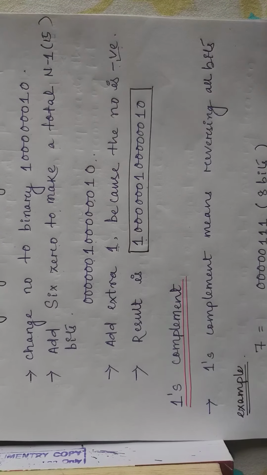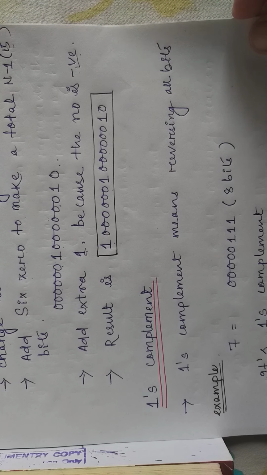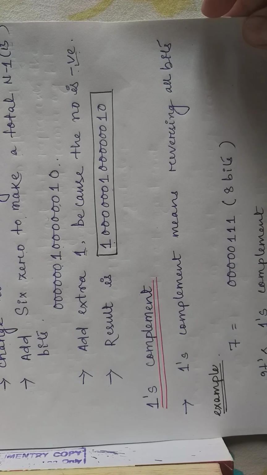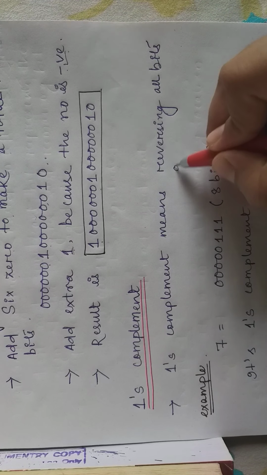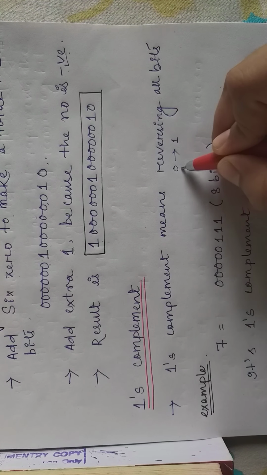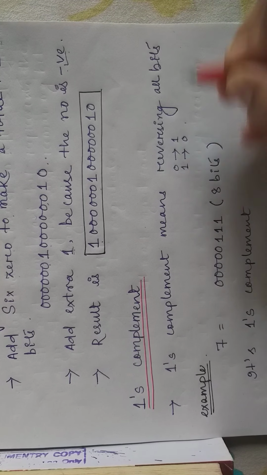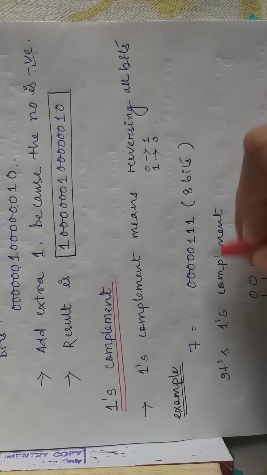16010. The second bit of the sign integer comes to the ones complement. Ones complement means reversing all the bits. 0 reverses to 1 and 1 reverses to 0. That means 7 in binary form